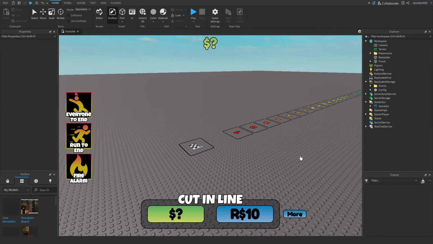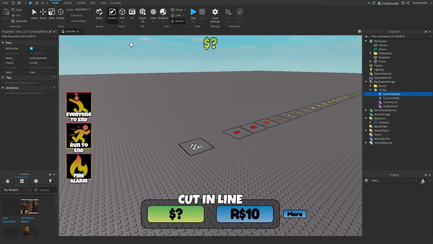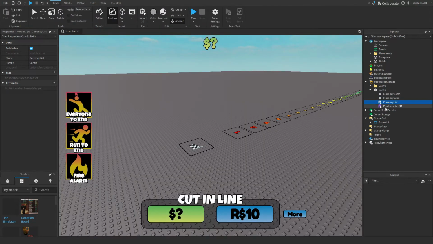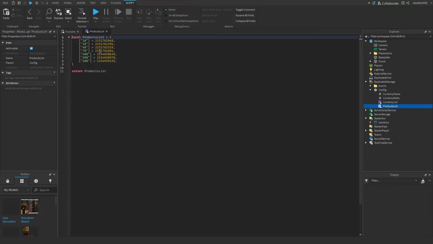Alright, now we need to do some setting up. So in replicated storage, in config, we have the same as before. So set this to what you had in part 1. Set this to also what you had in part 1. Same for the minimum and maximum values. And then in products list, set these 4 to the same as part 1, but then we'll have 3 new